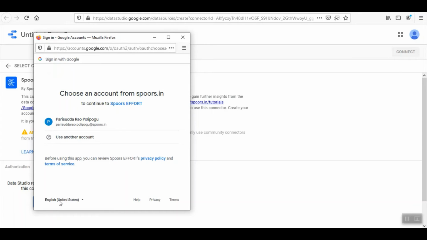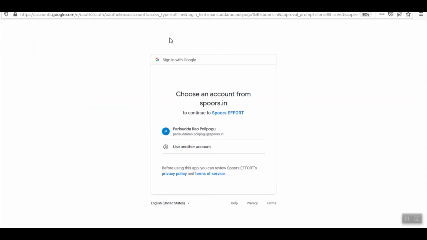Here this pop-up will ask you to log in with your Google account. Let's maximize this and I will show you the client ID. This is the URL.